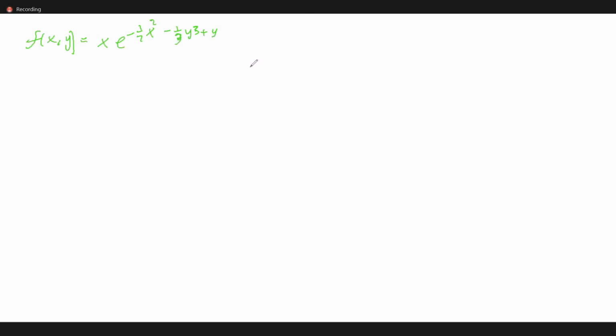So we have to take the partial derivatives. Let's take the partial derivative of the function with respect to x. This means that we differentiate with respect to x, and y is considered to be a constant. So we have e to the power of negative 1/2 x squared minus 1/3 y cubed plus y